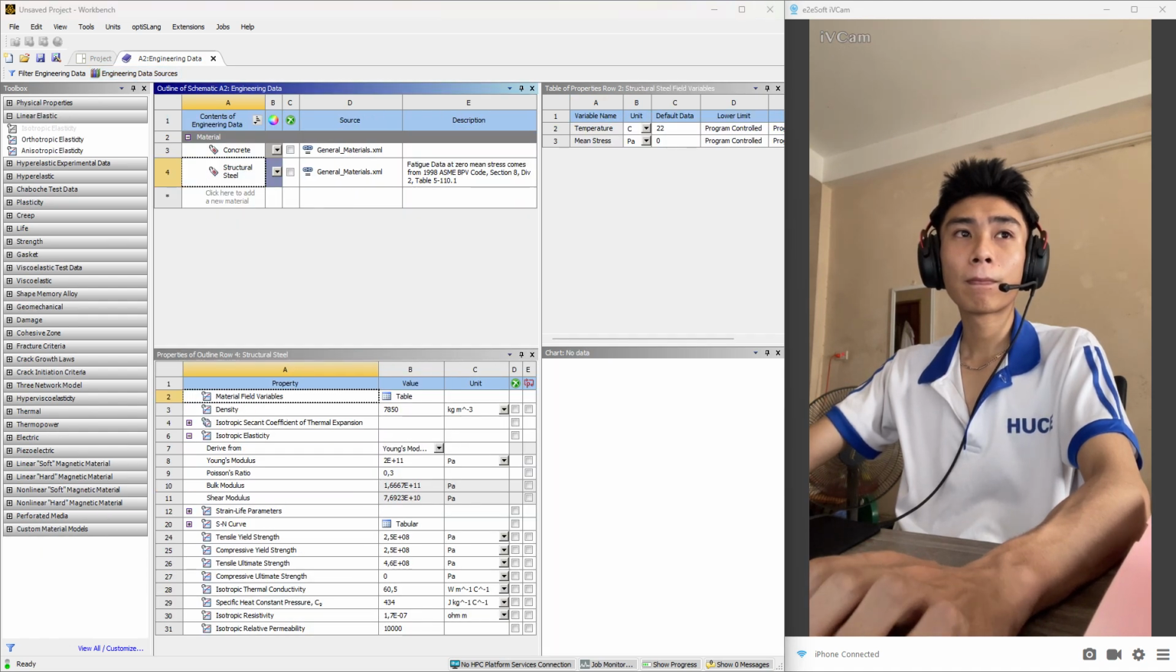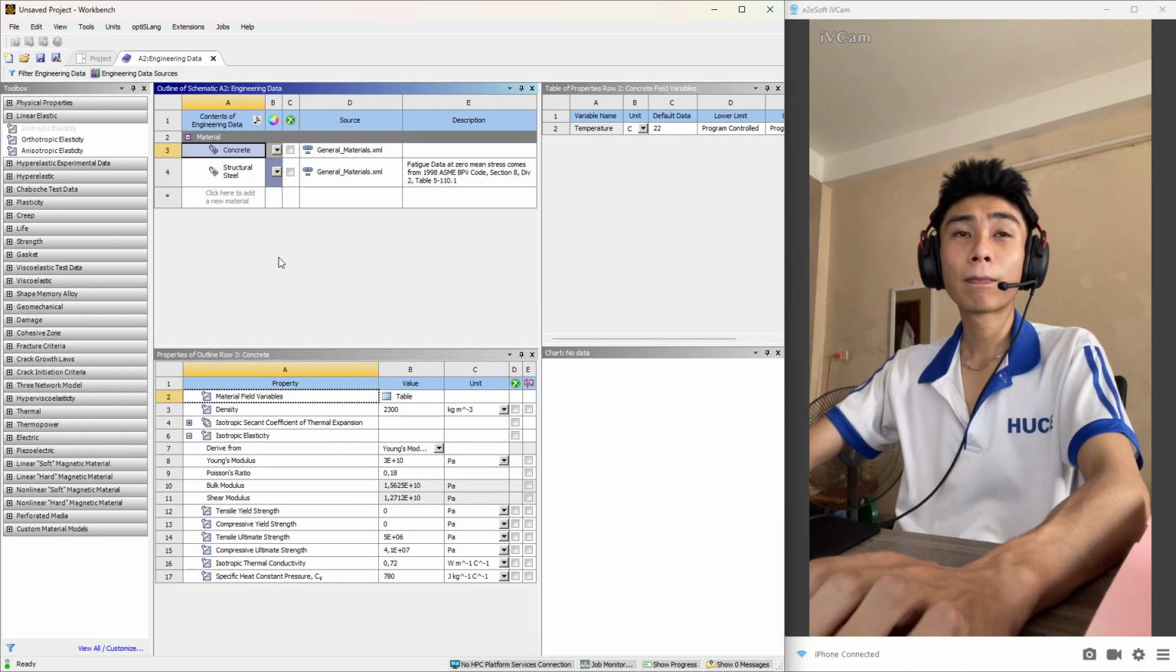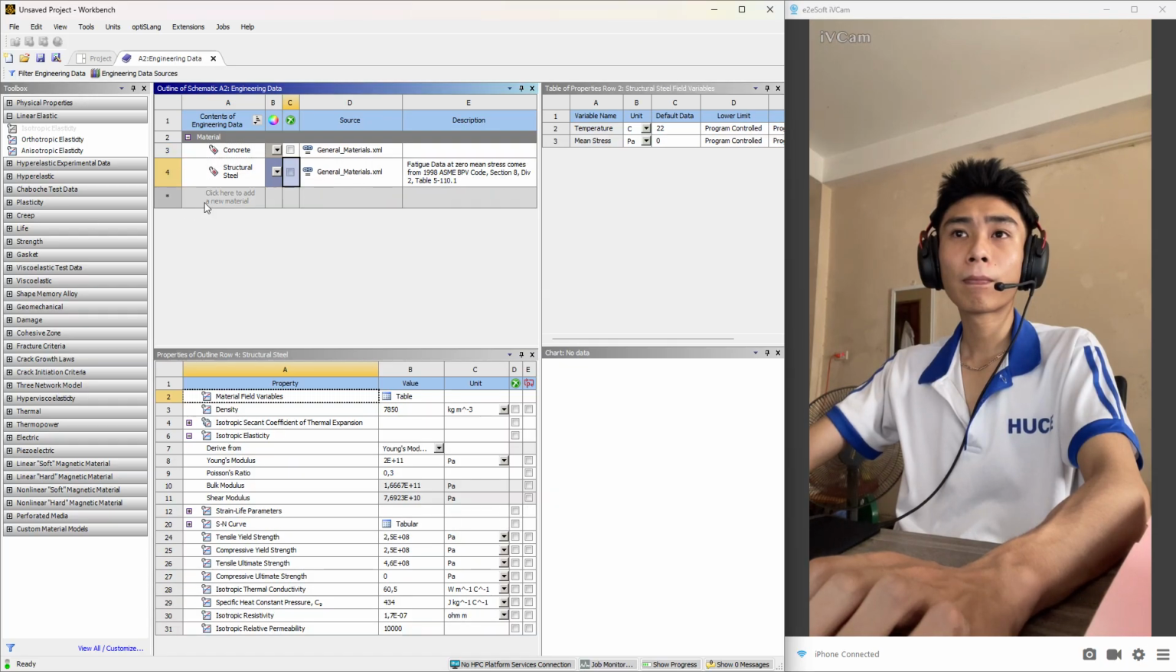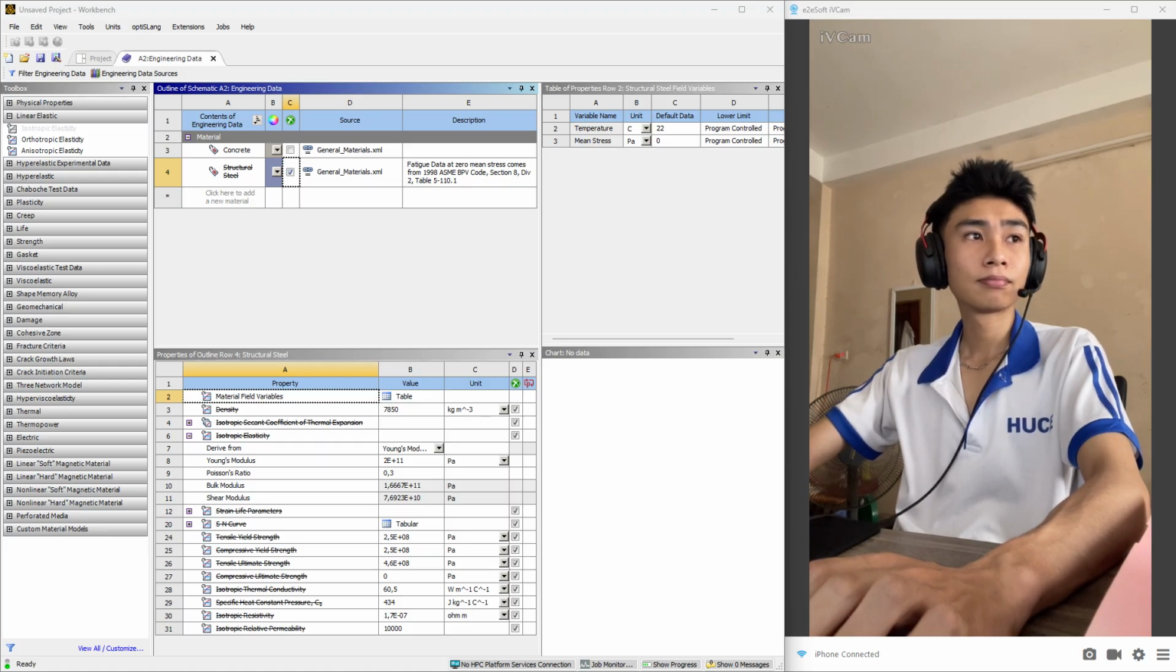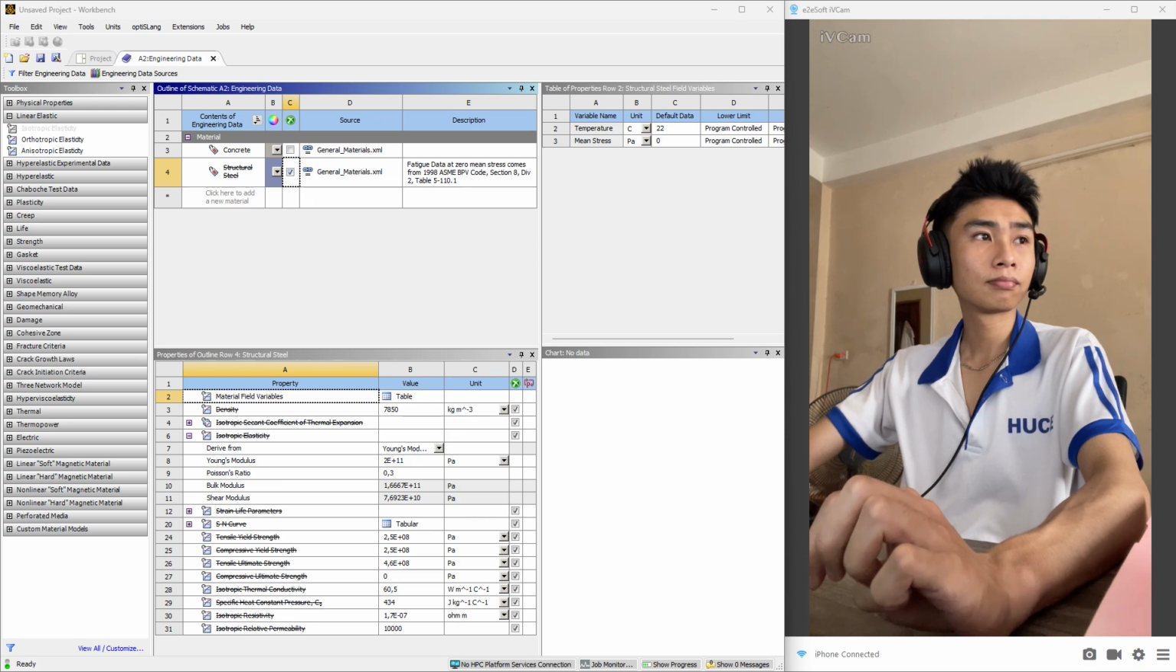Fortunately concrete is present there. We have added the concrete to the engineering data, and now concrete is added. You can suppress the structural steel now and see concrete. In concrete you have the Young's modulus of elasticity around 30 gigapascal, and